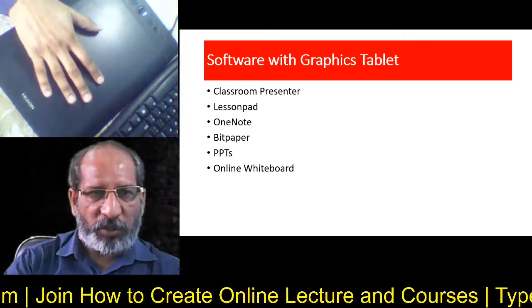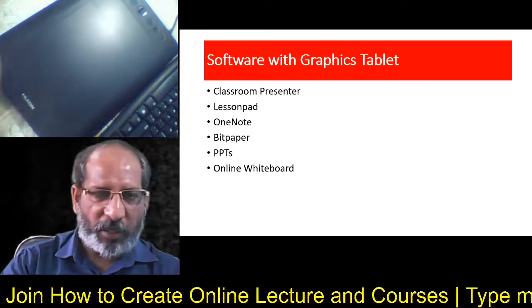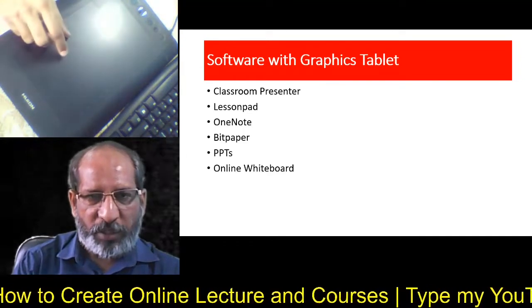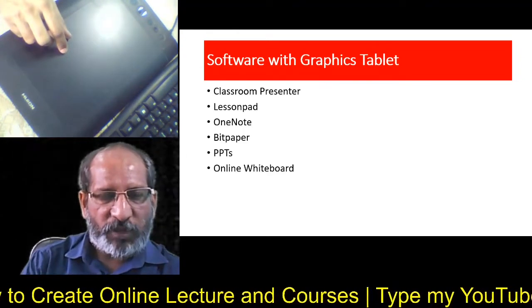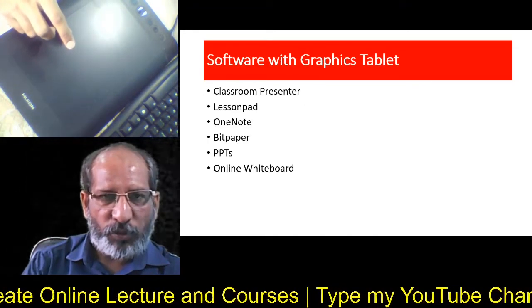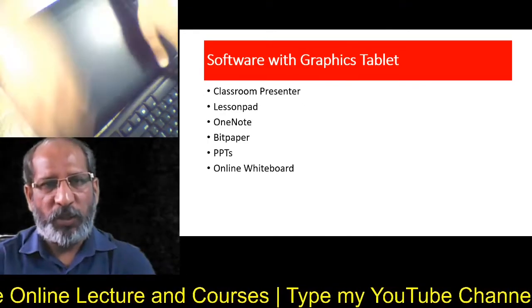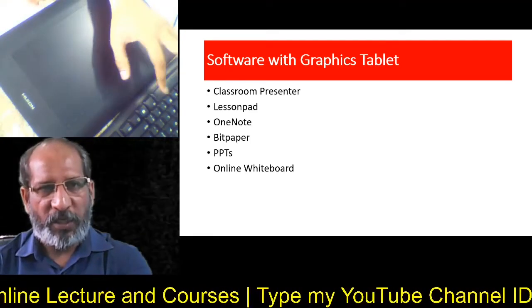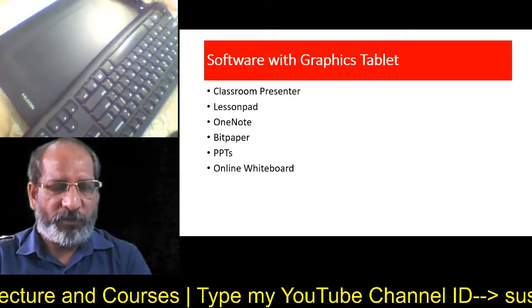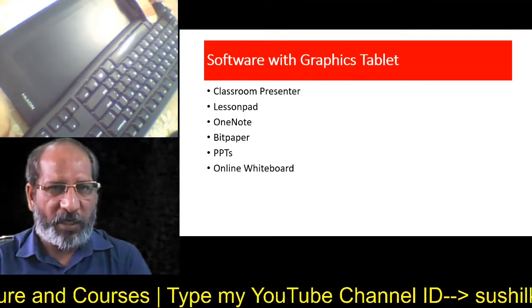So this is my graphics tablet and digital pen I have used here to show you how I am using this. When I'm using OBS, at that time I use this second hand to change the screen. So I show you here: I'm using this Alt and Tab again and again.